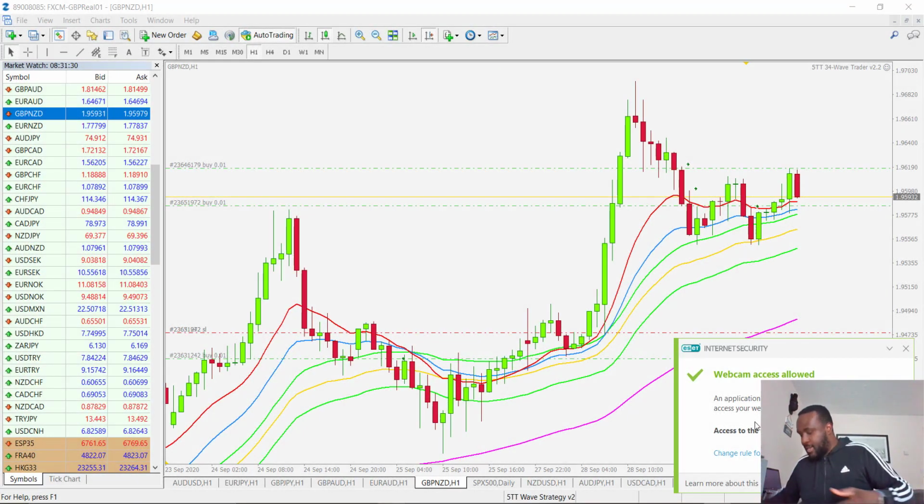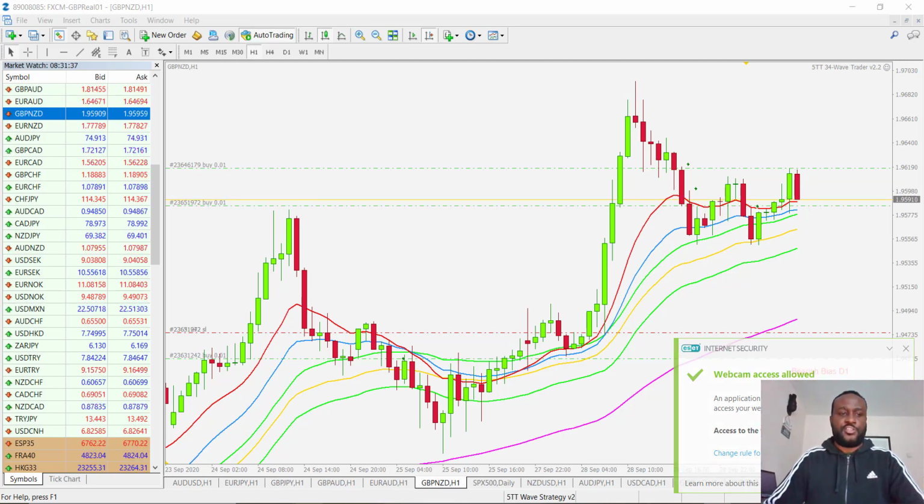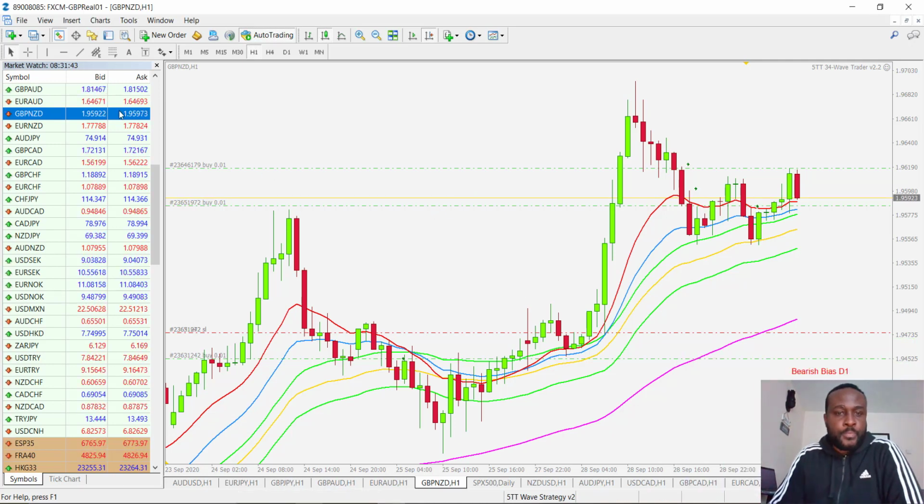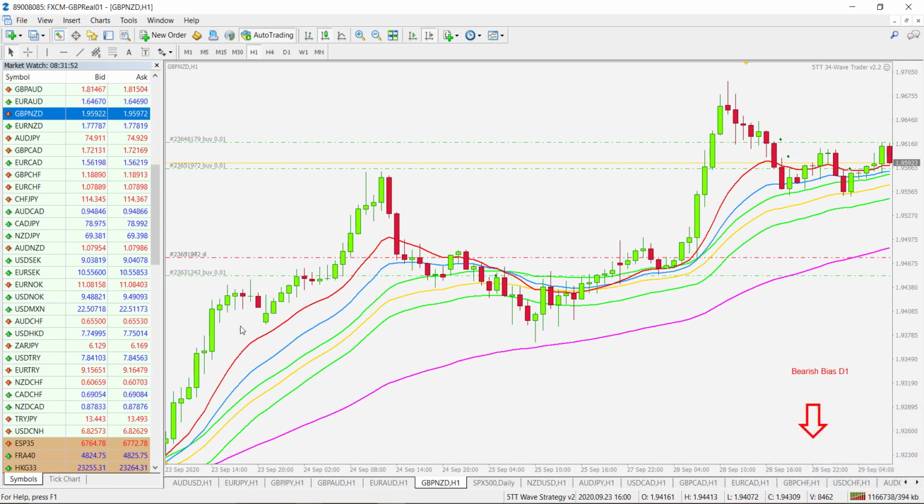Right, good morning. I want to record this quick video just to teach you how I look at the wave strategy again. Another example of the wave strategy and how I will use it. And so, if you remember, what we're looking for is for price to go, so price rises above